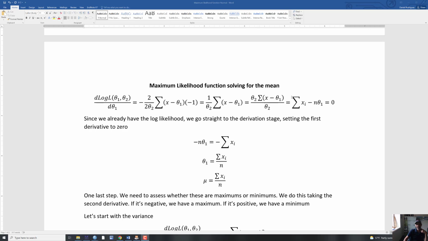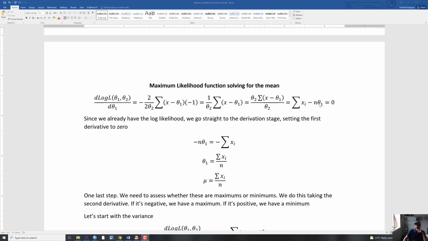Once we're done with the derivative, we get the summation of xi. The reason we have the n here is because it's a sum of this constant here, so it's n times x. I think it's just n of them, right? Okay, and wow, it makes it nice and easy for us. By the way, I multiplied by theta 2 here to get rid of this theta 2 in the denominator. I wanted to get rid of that, so you multiply both sides by theta 2. This side and the 0 side is going to be 0, so we were left with